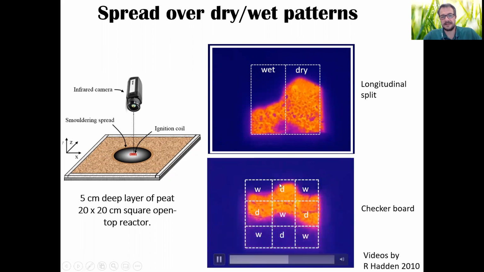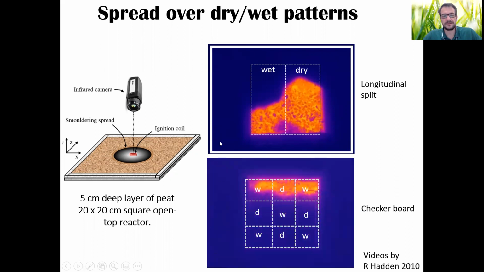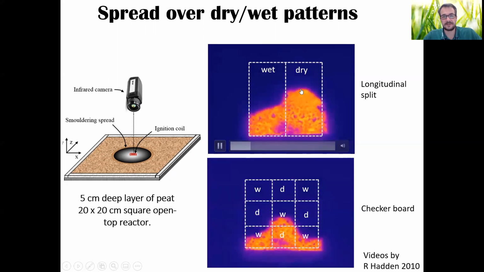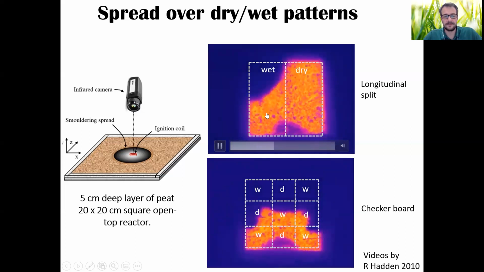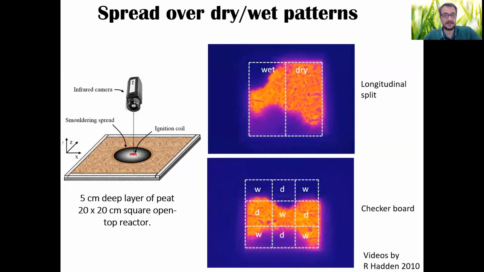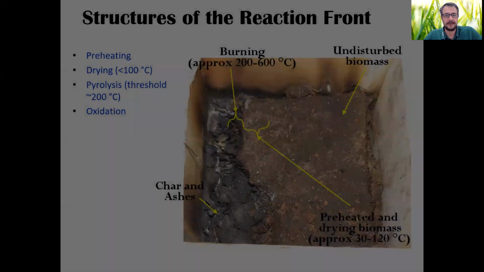So at the end, the combination of dry, wet, dry is the fastest one, whereas these combinations had wet, dry, wet, so it was wetter than the one in the center. And we can see over here, this one, we ignite here in the center, and you can see that the ignition is very strong, but very quickly the drier one is able to go faster than the wet. This is just to show you, with evidence, that dry and wet peat have different behaviors.